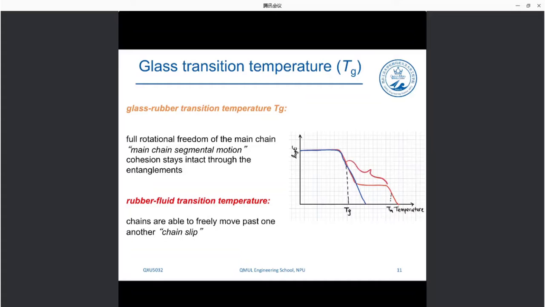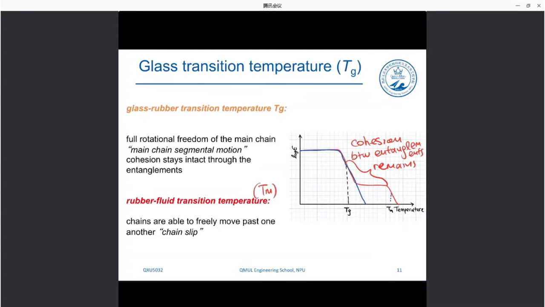So in this region, let's say, cohesion between entanglements remains, okay? And then there is the melting point, which is a rubber to fluid transition temperature,